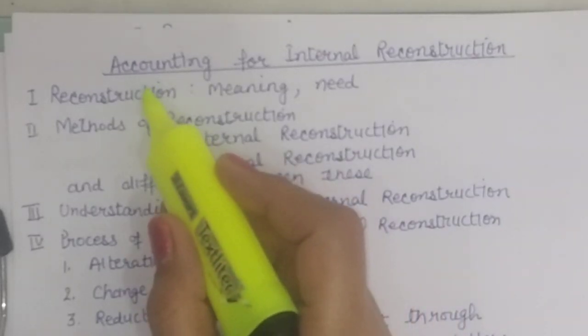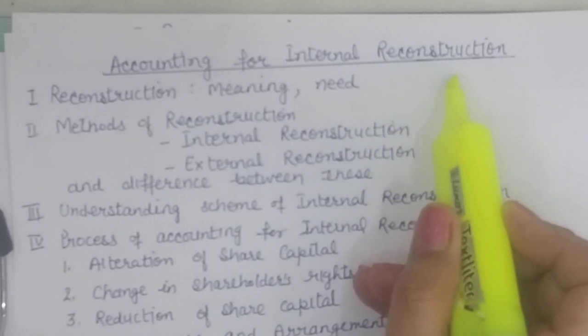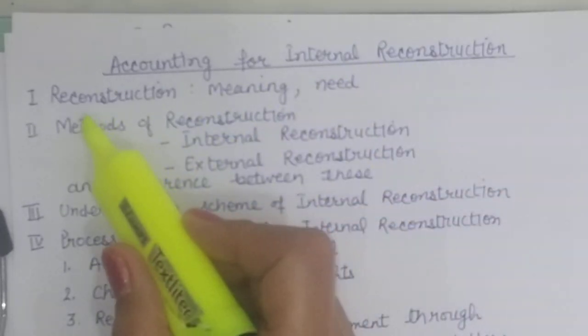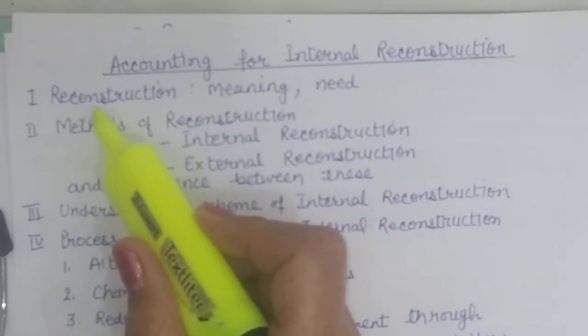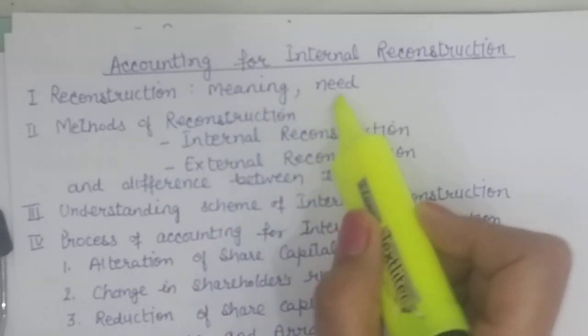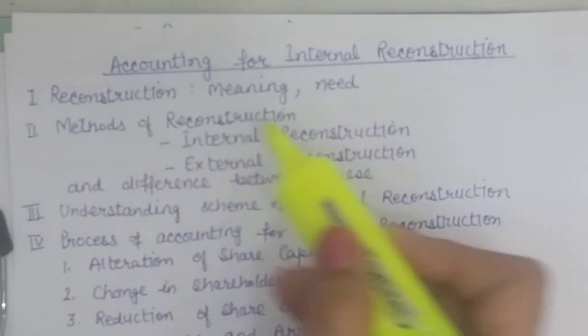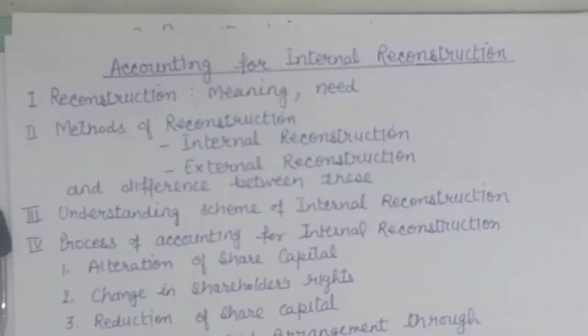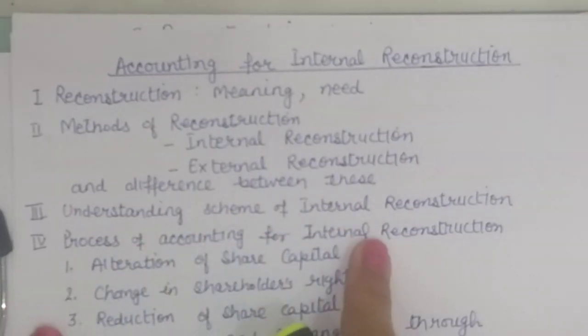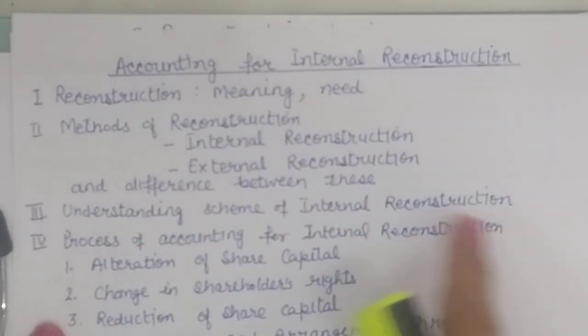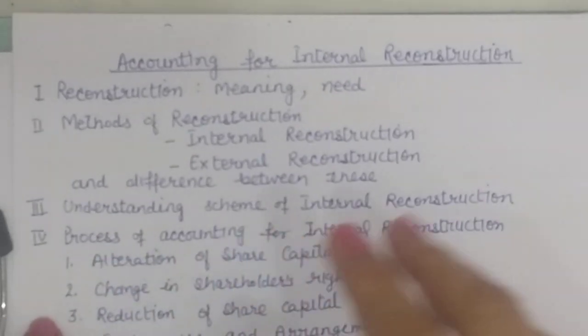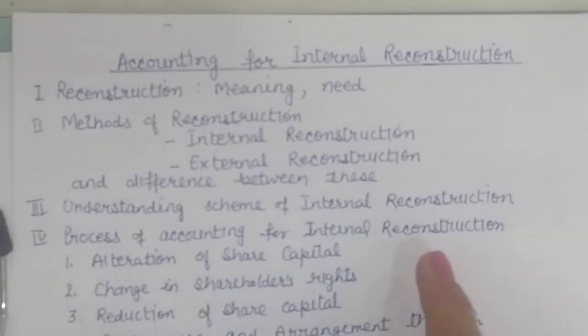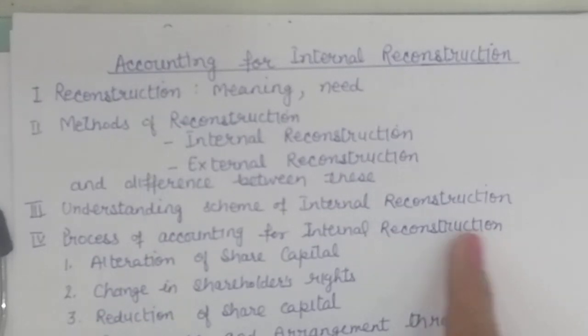So today's topic is accounting for internal reconstruction. The subtopics are reconstruction, meaning, need, methods of reconstruction, internal reconstruction and external reconstruction. Once we know what internal reconstruction implies, then we will move on to understanding scheme of internal reconstruction. After this, the process of accounting, which is the main part of this chapter, accounting for internal reconstruction starts, which